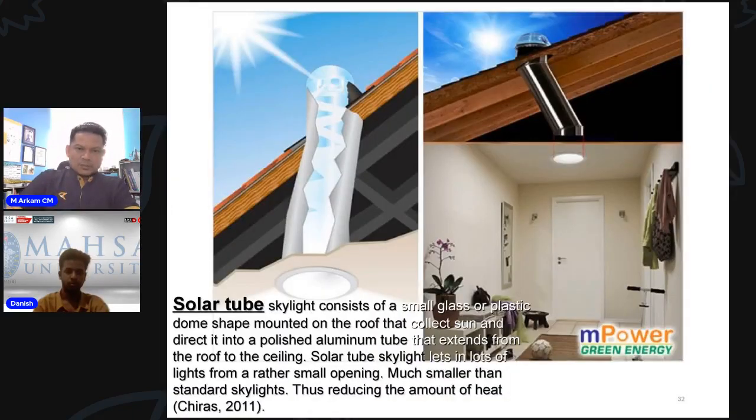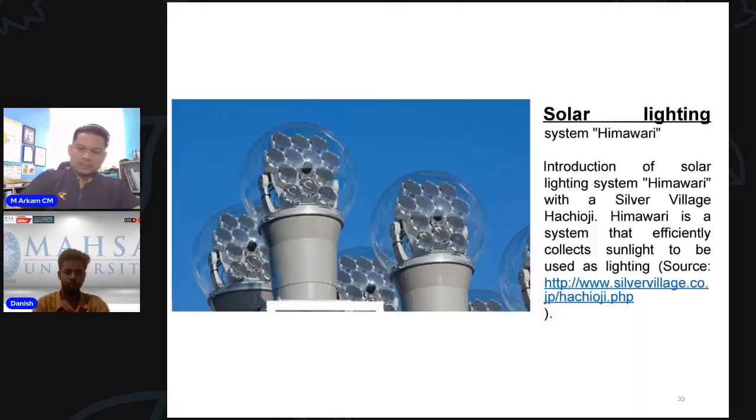This is how the solar tube works. From the top, getting the sun, the light is bounced inside this aluminum reflector and comes out from the sky directly. This is to illuminate the area where you don't need to open up or switch on your artificial lights. So it can be useful when we talk about passive design or a passive lighting system.